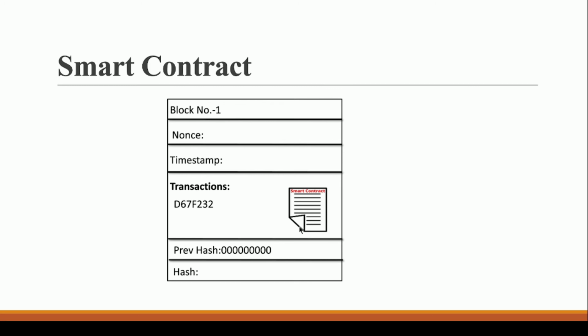So he said, okay, you can write smart contracts, you can write programs on Ethereum blockchain, but you need to pay for every single line of code that you are running on this program. This is the beauty of Ethereum blockchain.